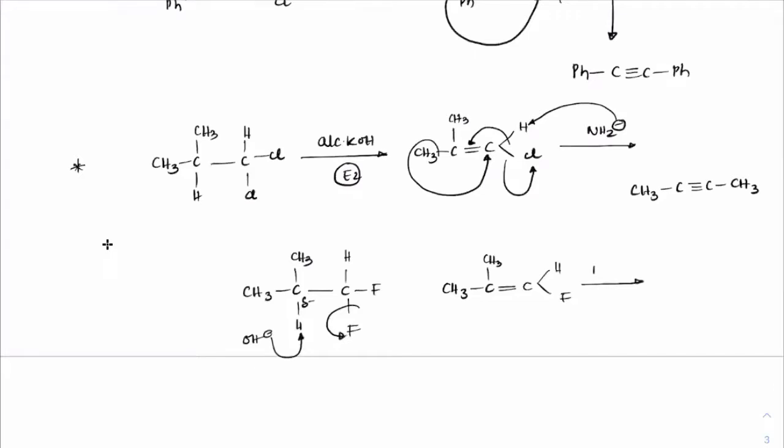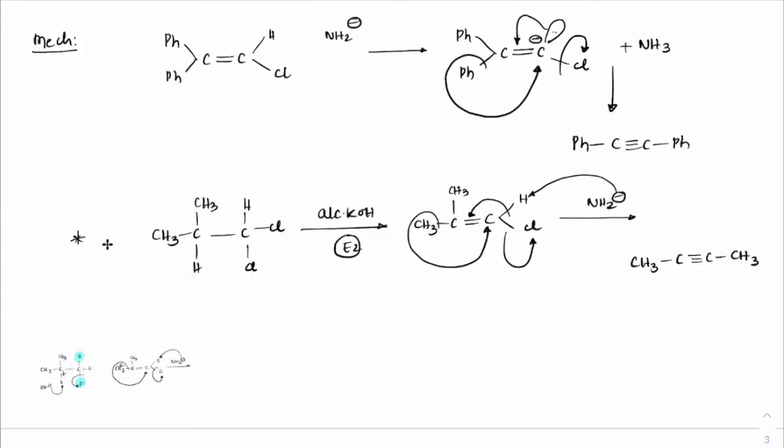Then when you treat that with NH2 minus, this will go, CH3 will try to come here, F minus will leave. Same problem here also. This CH3 will get anion character first, and then the attack will take place, because fluorine is a weak leaving group. Yes, all of you have made a note of that.